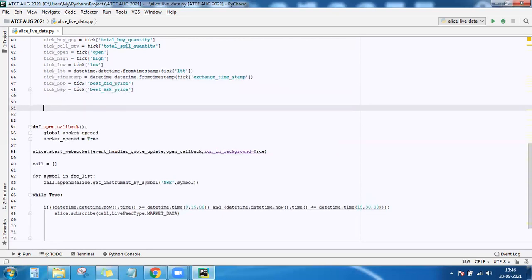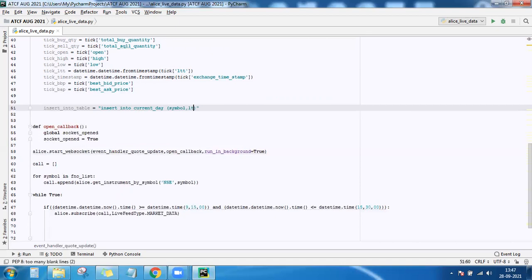Now we have to write all this data into the table. So we'll write a query first. Insert into table. This is my query name. Insert into the table name, which is current day. First give the columns, the names of the columns. What are the names of the columns? Symbol, last traded time,